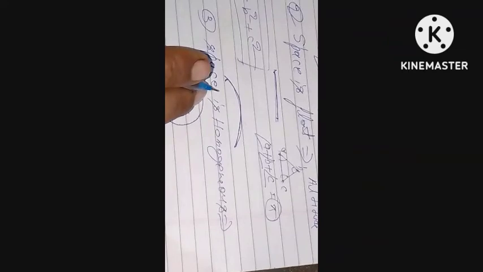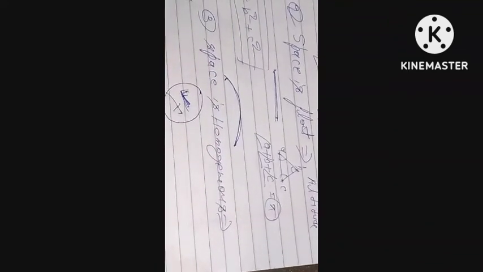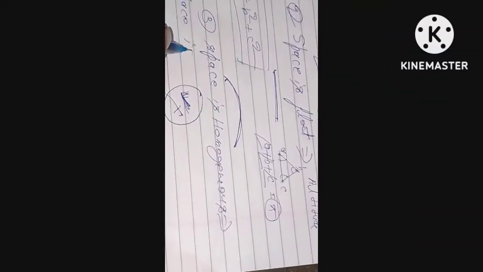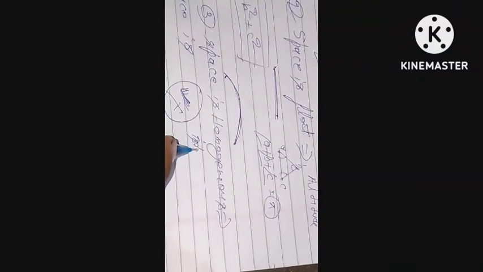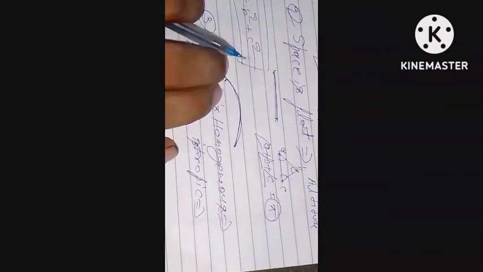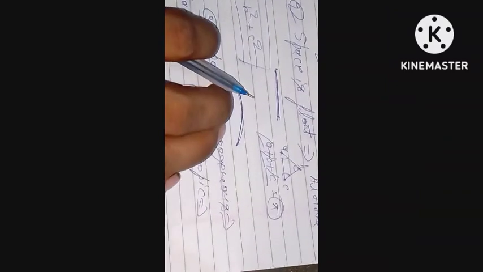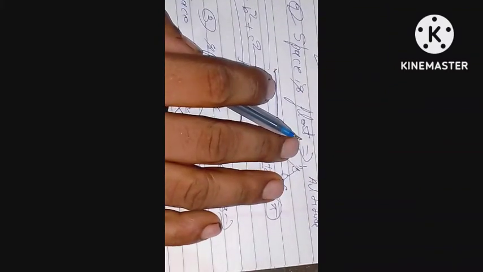The fourth property is that space is isotropic. Space is isotropic. It means that if we consider a point O,